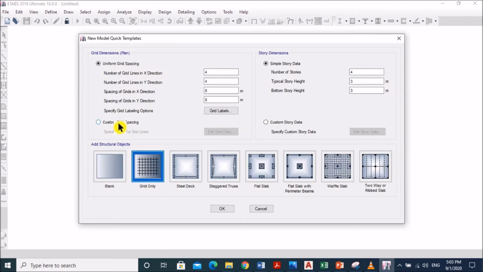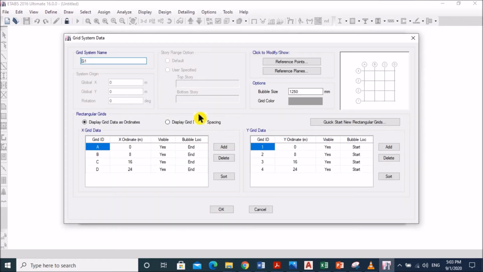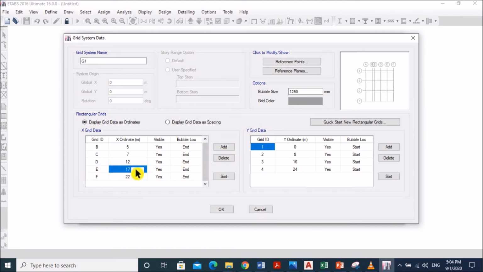Now go to the custom grid spacing, edit grid data, choose the ordinate values as per your requirements. This is 5, 7, 12, add 14, 19.